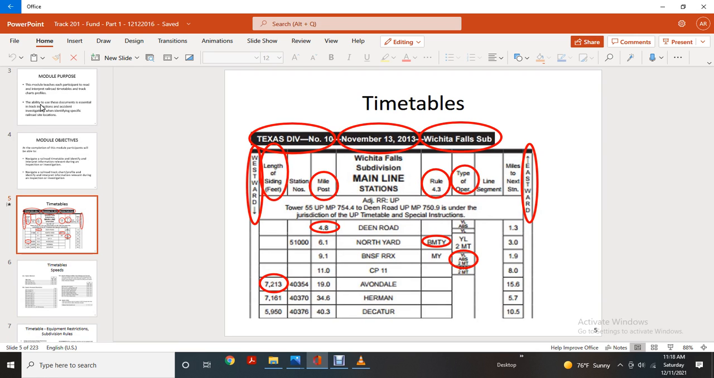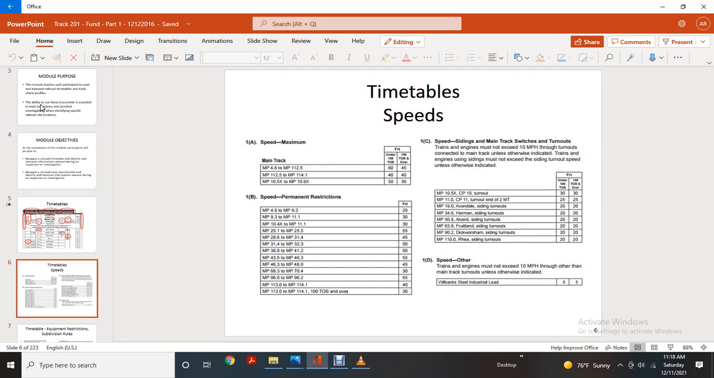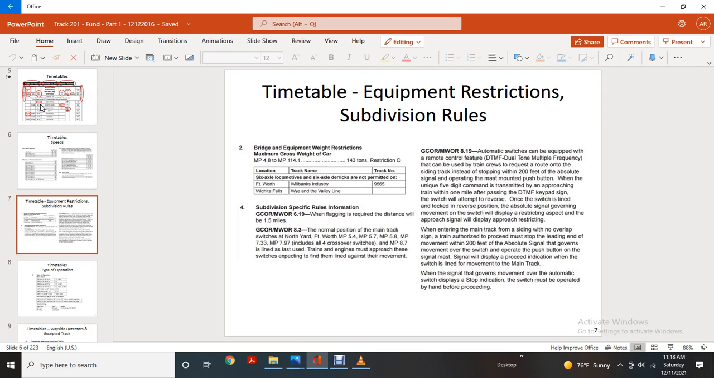And it shows the chart. Timetable speed shows the maximum speed, permanent or restriction speed, siding, main track, switches and turnouts, and other speeds. Timetable equivalent restriction, bridge equivalent weight restriction, maximum gross weight, subdivision, specific rules, general maintenance of way, general code of regulations,